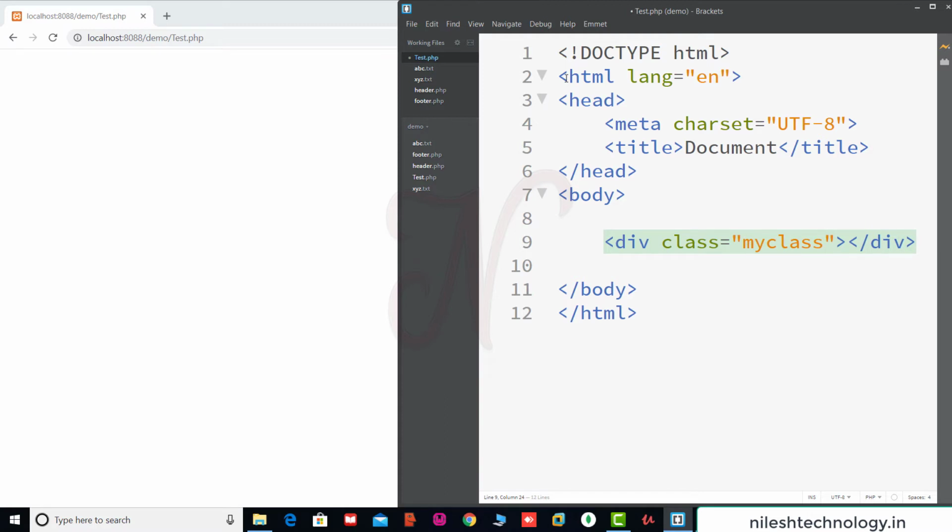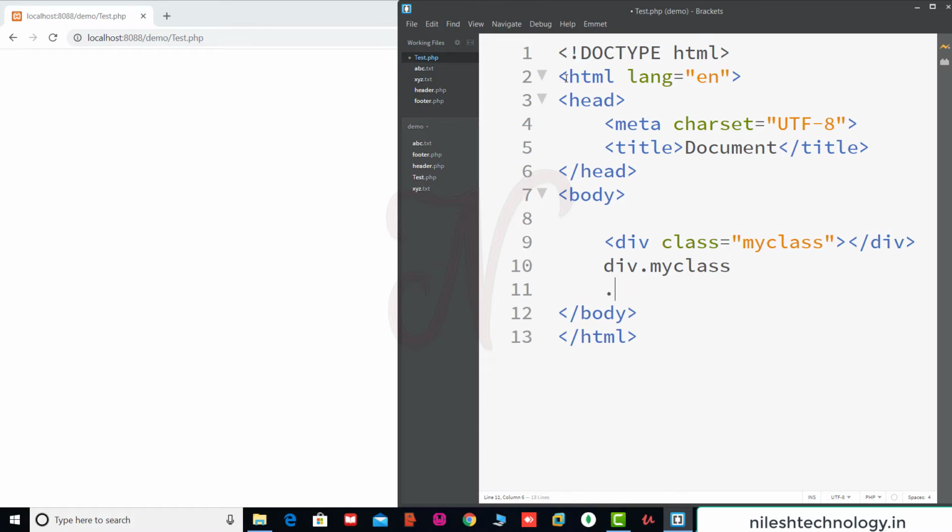When you design a web page, there is a need to assign a class to this div tag. There is one shortcut in Emmet. See here how to write this code: just type div.myclass and press Tab. So this is one shortcut, div.myclass.